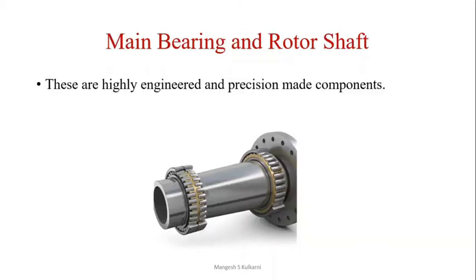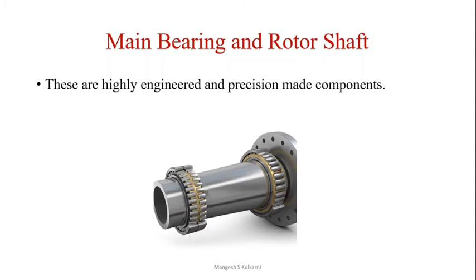Main bearing and rotor shaft. These are highly precision-made components which enable various aspects to move at high speeds. When it comes to wind turbine bearings, manufacturers need a bearing supplier with experience and capability to support critical pitch, yaw, and gearbox applications in the system. Wind turbine bearings need to be corrosion resistant due to their constant exposure to the elements. Without this resistance, the bearing's ability would be slowly reduced, affecting its performance, which would then go on to cause the wind turbine to stop working.